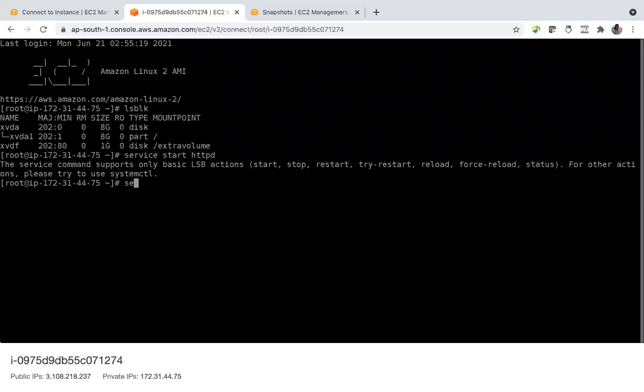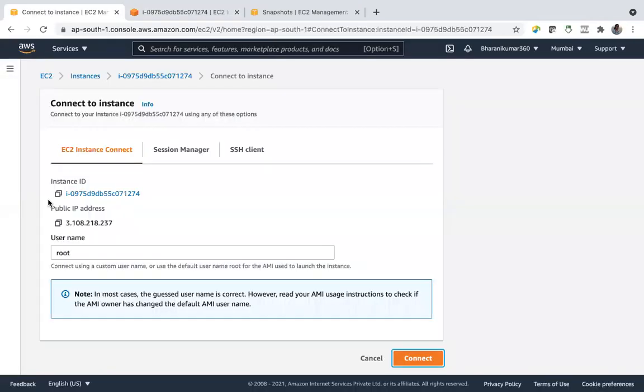Okay, service httpd start. See, it's there. I have not installed HTTPD. And also the index.html page will also be there. Copy this public IP.